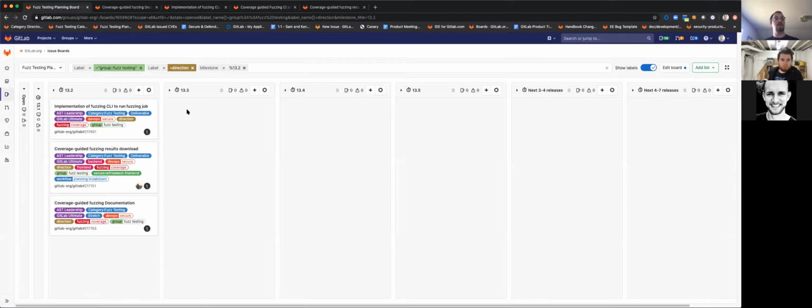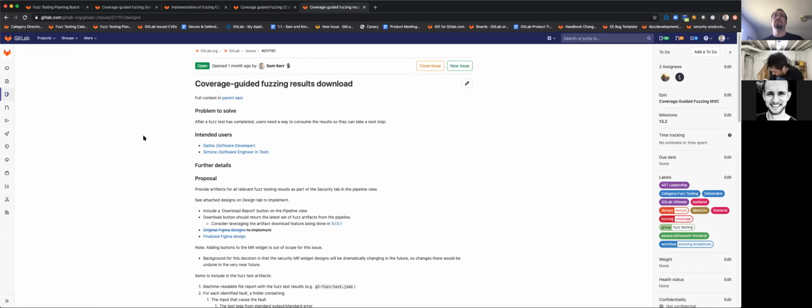So if we look at our next issue on our board, we're going to be focusing on coverage guided fuzzing results download. So what this issue is all about is providing the results of a fuzz test to our end users so that they can consume them in some meaningful way. Once we've actually run the fuzz test, we've found crashes, we've found faults, all sorts of different pieces of information from the fuzzing engine. And for that to be effective, we need to present that to users in some way. And so what we're doing with this issue is taking a minimal approach and bundling up all the different